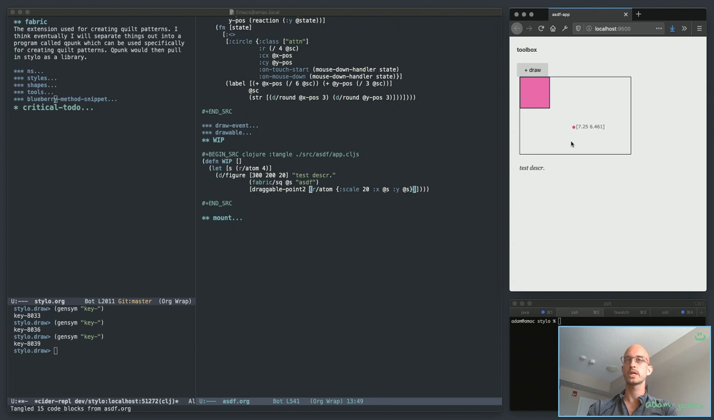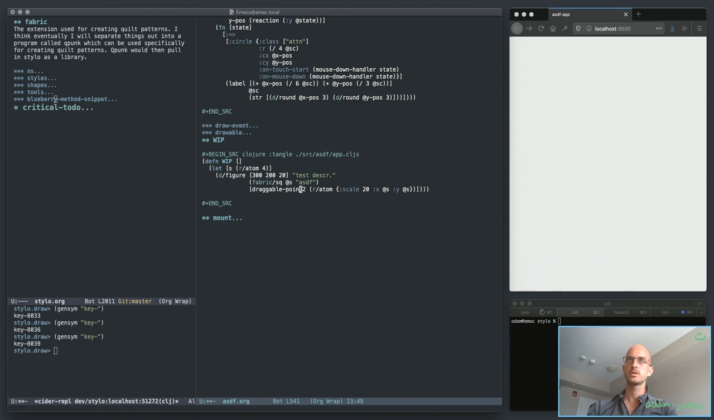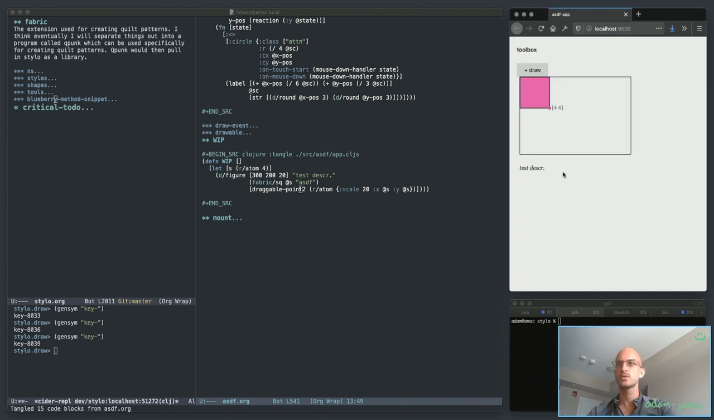Still is working as a component. Good, good, good. It is using draggable point 2. That's what I want to know. Okay, so